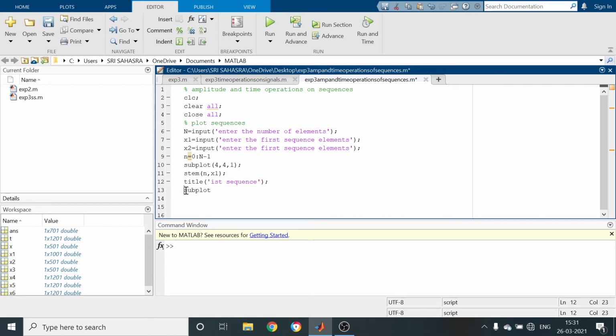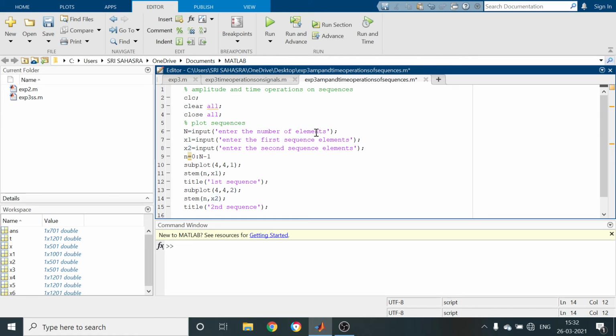Here I just have to modify it: subplot changes from 4, 4, 1 to 4, 4, 2, and stem n comma x2, with the title second sequence.